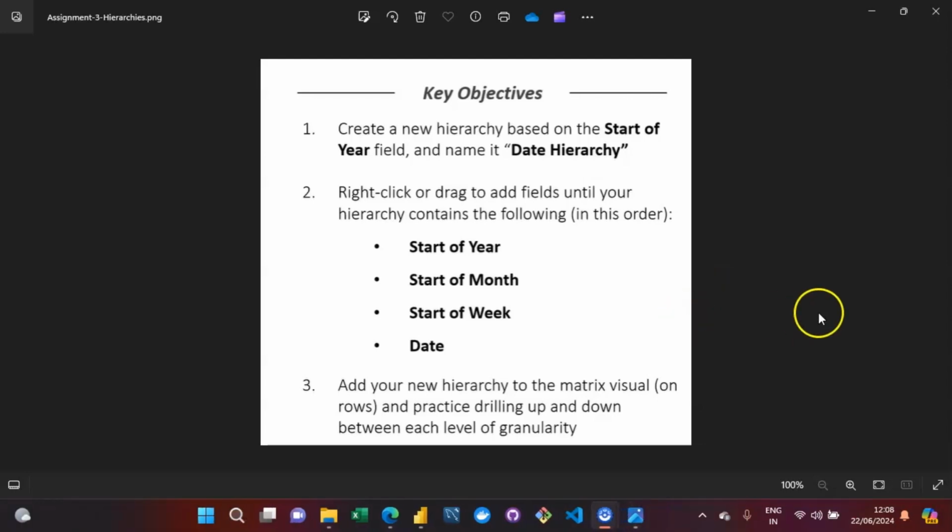All right, guys. So here we are with the solutions of our key objectives. First of all, let us start with the first key objective, that is to create a new hierarchy based upon the start of year field, and we have to name it the date hierarchy. So why do we have to start with the start of year? Just because we always have to make sure that at the top level of our hierarchy, we are keeping that specific column